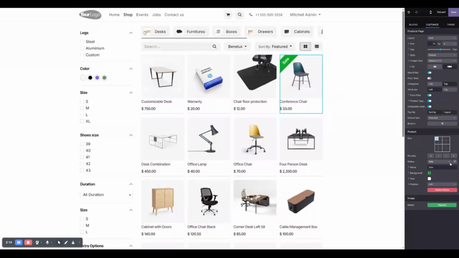right, and we can change the position from left to right, right? And then we have sold out, for the sold out product, out of stock, and new, right? Also we can define our own ribbon. Let's say